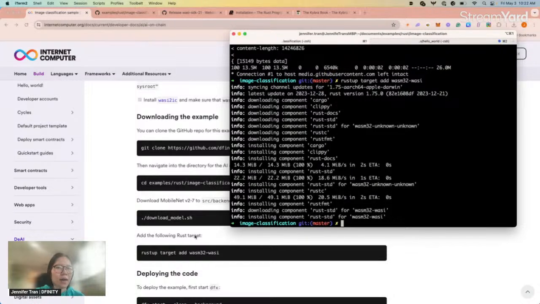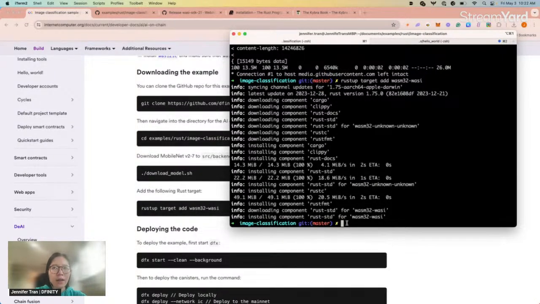and run this. And the next thing, practically this example has already been built out. So the next thing I would need is the concept of deploying the code. So I'll do a dfx start --clean --background. This is when you have the ICP SDK up and running.